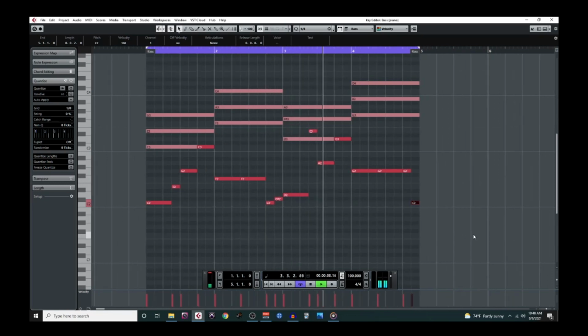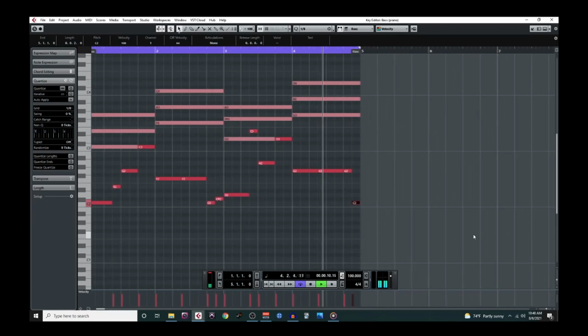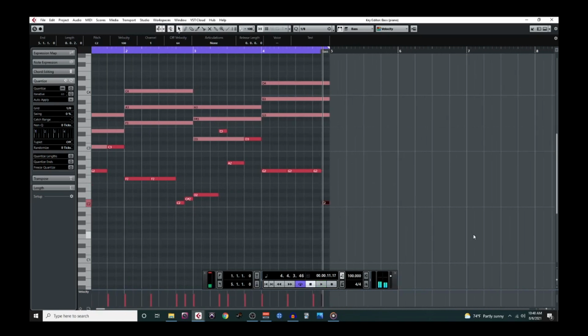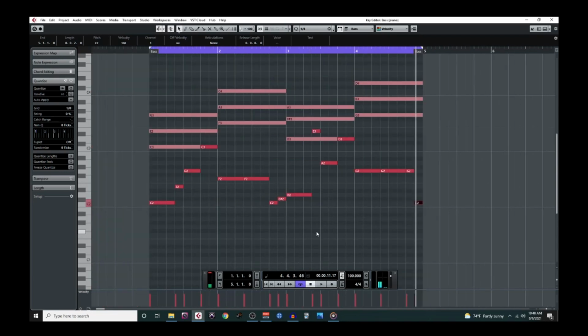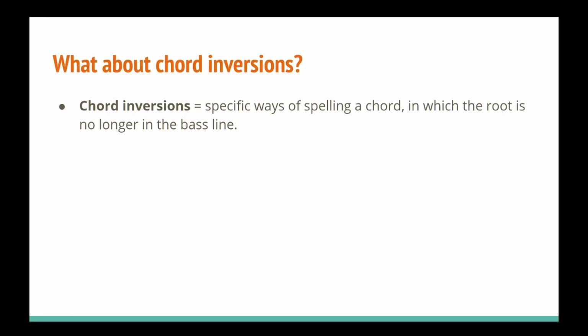Excellent. Now, you can use as few or as many of these little embellishments as you'd like. They're just here to help you bring a little more personality to your bass lines. Speaking of adding personality to a bass line, let's take a moment to talk about one last thing before we